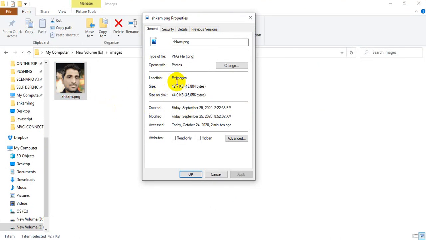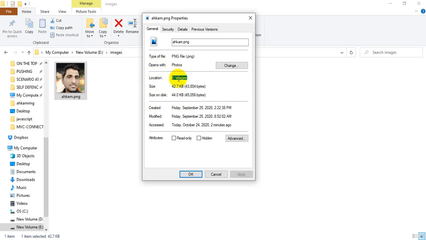Then copy the location. This is the location, an address: E images, means in the E drive, in images.